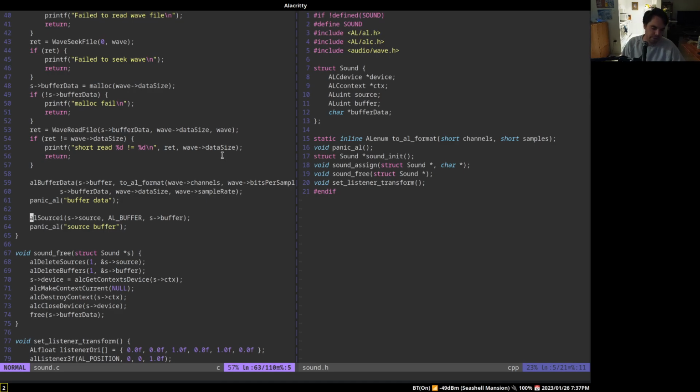So a lot of work under the hood in playing a simple wave file that you would never really realize if you just did it in the browser, because I think in the browser you just go new audio, set the source, and then hit play and it does it, and it does all this behind the scenes for you, so that's pretty nice. But obviously if you just make a good C library, you can make it as good as that. There's just a lot more